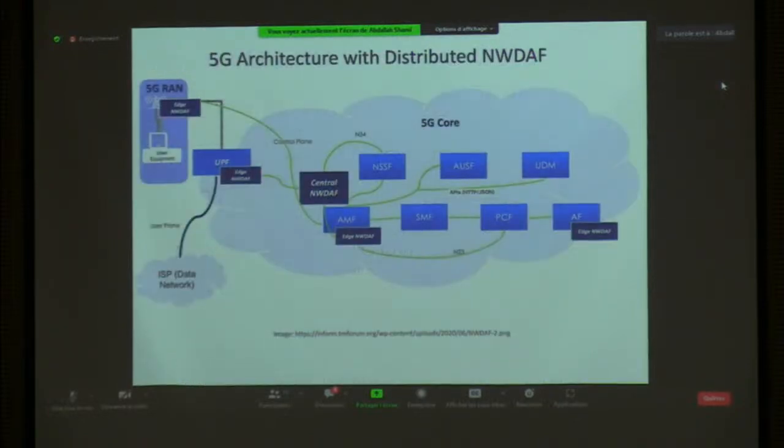Now, again, this is another view of the 5G core. As you can see, we have those network functions. And in our lab, what we built basically is the network analytics function, which is the NWDAF. So in addition to those network functions that I briefly discussed earlier, this is our main contribution to that prototype,